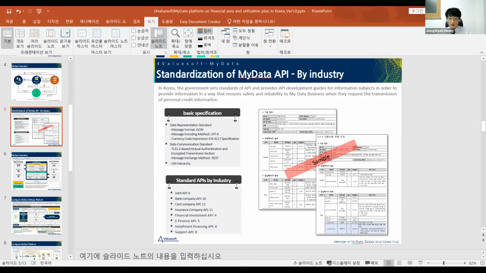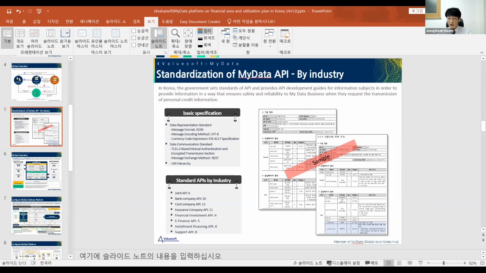For example, there are bank transaction information, card ownership and usage information of credit card companies, and insurance company subscription details. You can refer to the example of API provision by institution on the left.